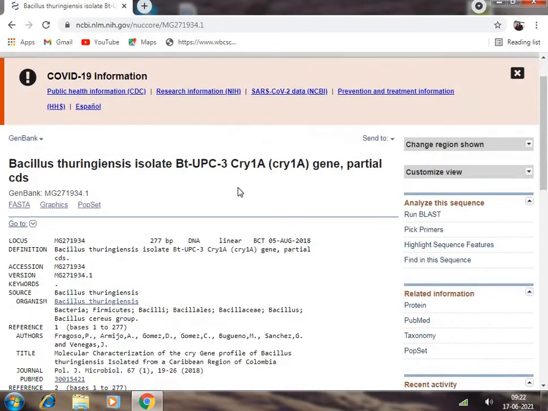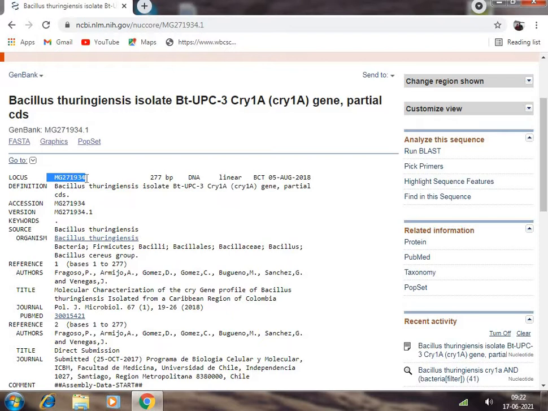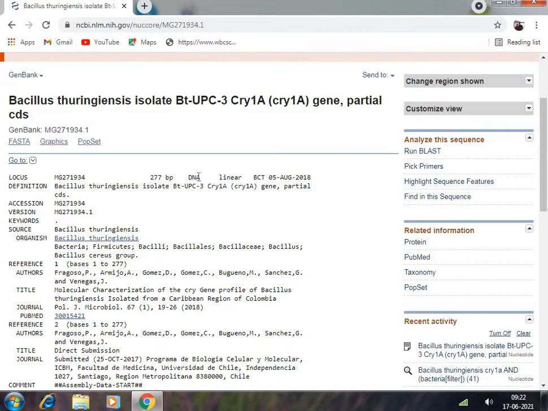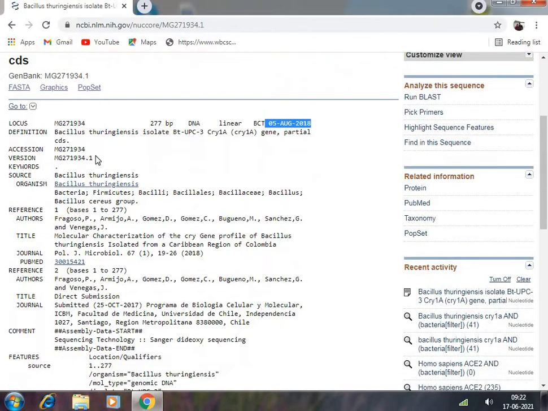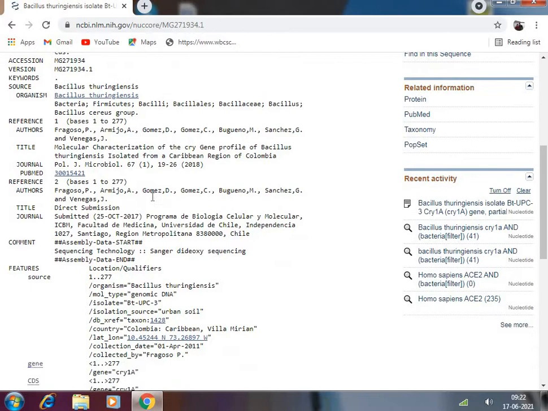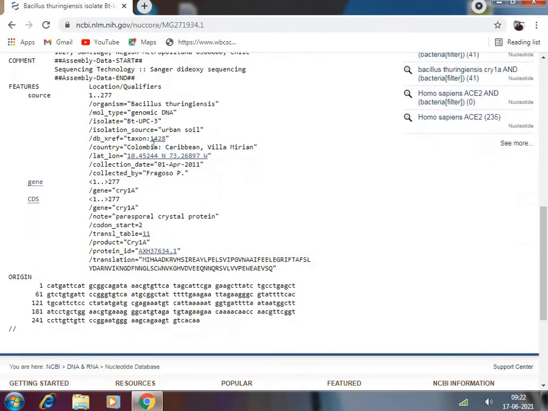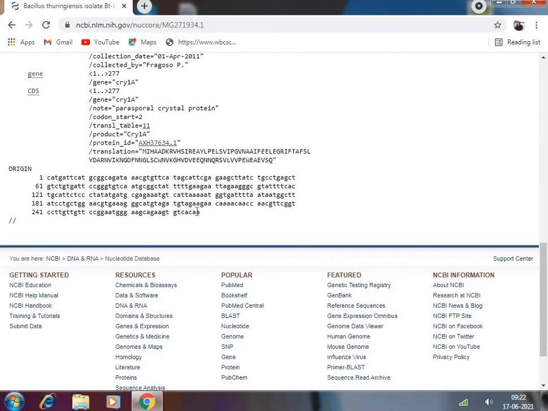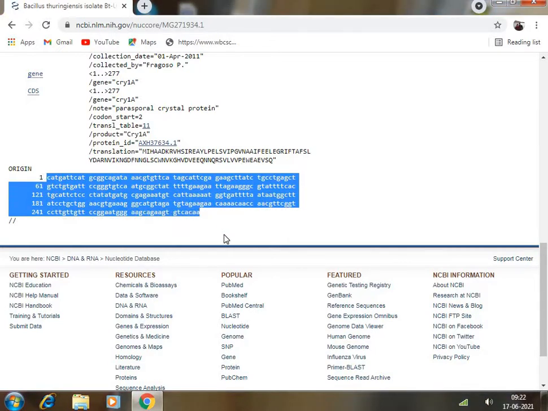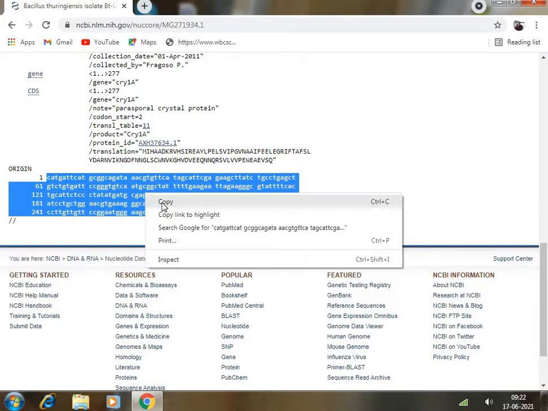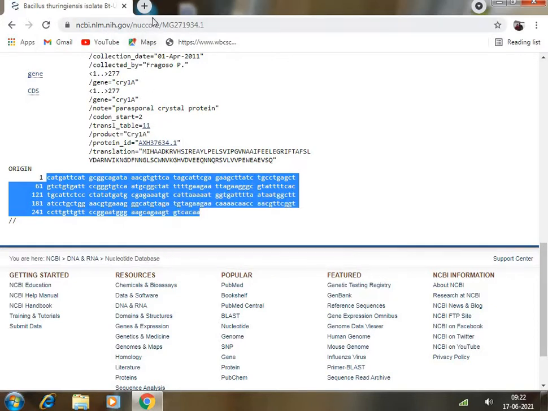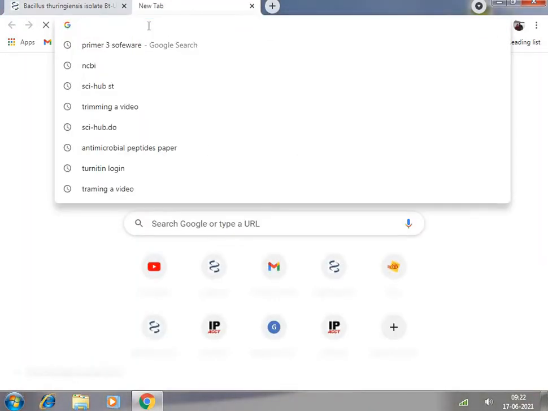So you can get an idea of the accession number, that is MG271934, the size of the gene, that is 277 base pair, it is DNA, and this particular publication was made on 5th August 2018. There are many publications and data available, but if you scroll down you can see this is the sequence, starting from 1 to ultimately 277 base pair. You need to right click and make a copy of this sequence,